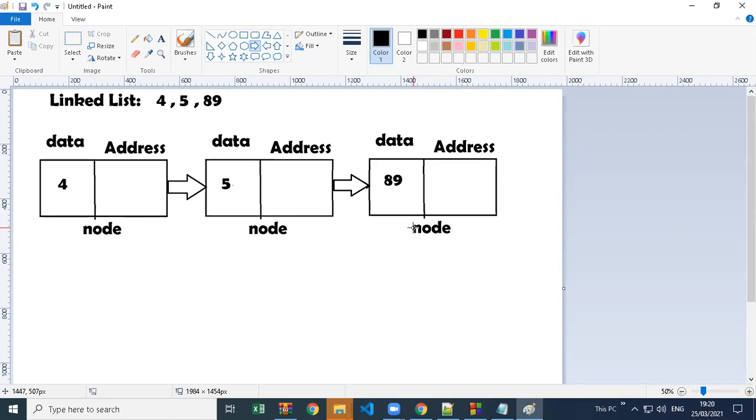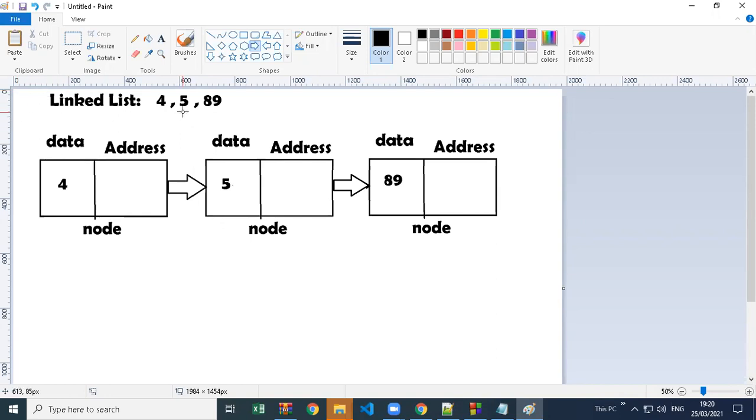But if you don't know the size in advance, we can use something called a linked list. It is not there by default in C++ or Java. We have some classes for this concept, which we can directly use. But we can also create our own. We can create these nodes and store values.